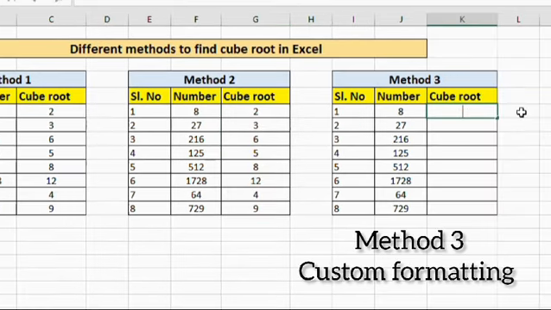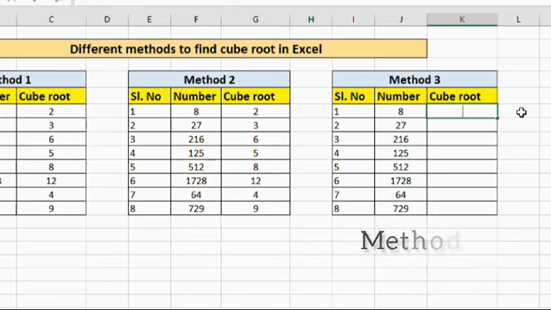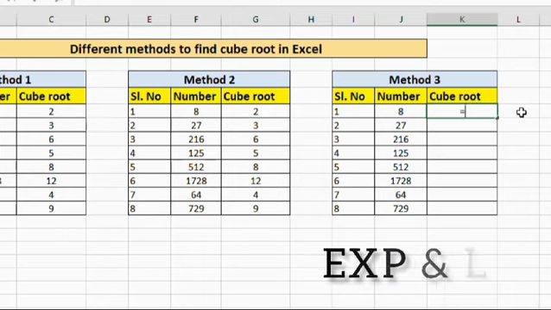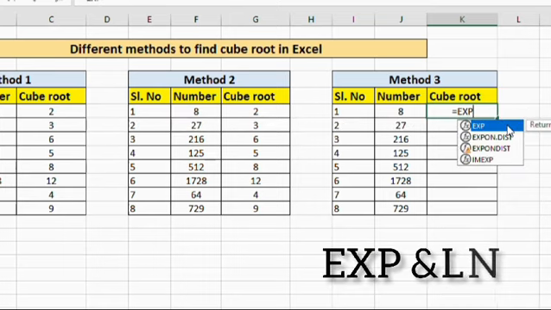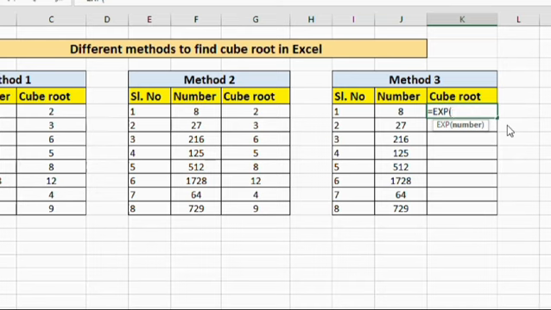Method 3 is custom formatting. You can also create a custom formula by combining different Excel functions. So here I am using EXP and LN together. So type equal to EXP in the bracket LN followed by J6 divided by 3 and bracket close. This method is a bit more advanced, but it gives you additional control over your